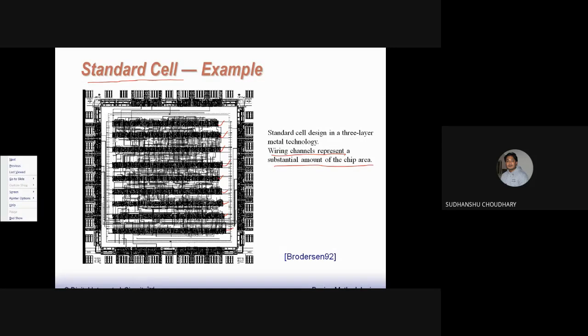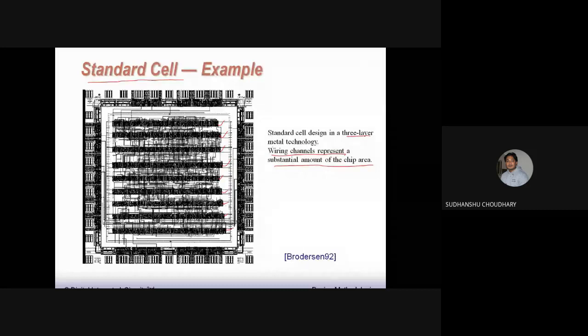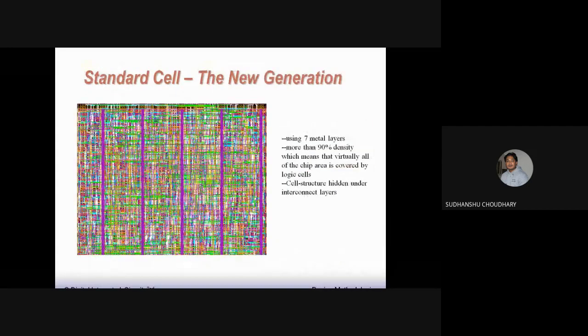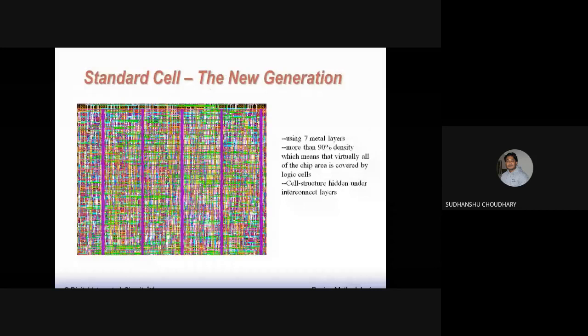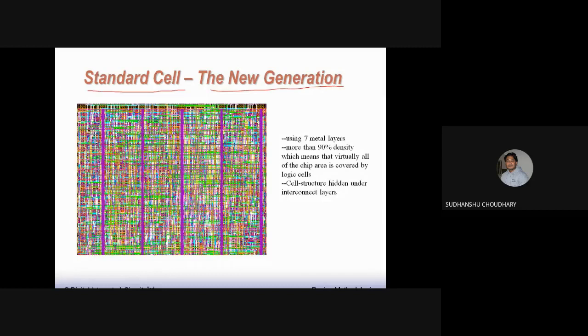To reduce this white area, one has to use more metal layers. Since this standard cell approach uses only a 3-layer metal process, if you want to minimize this white area, that is the area reserved for the routing channel, it can be minimized if I have a process with more metal layers, right? In fact, in new generation layouts or new generation process technology, you will see a standard cell that may look like this, where the white area, that is the routing channel area, is very minimal here, right?